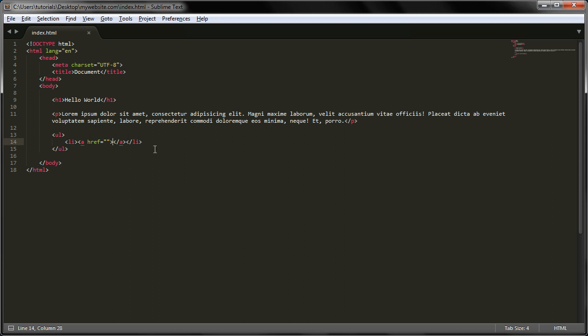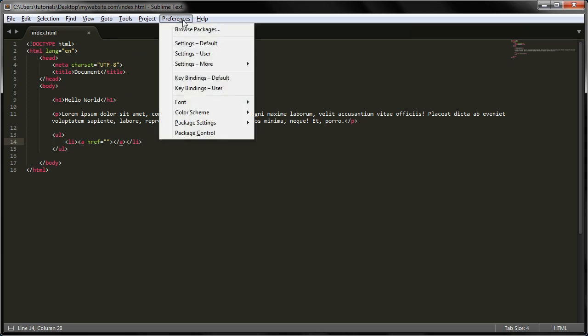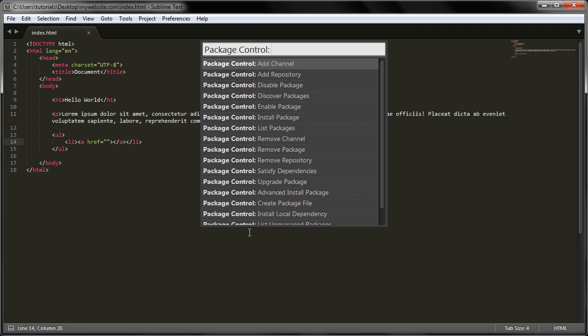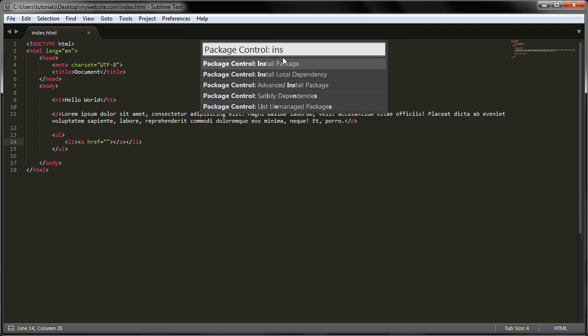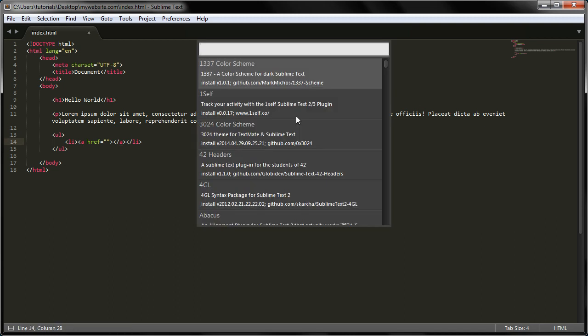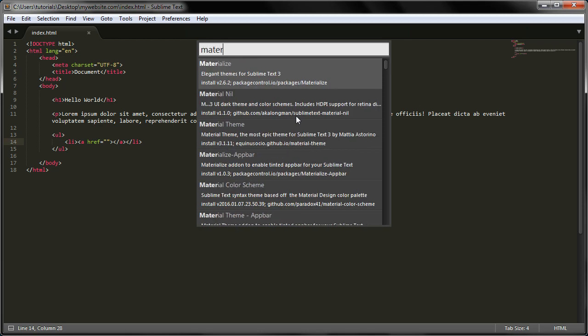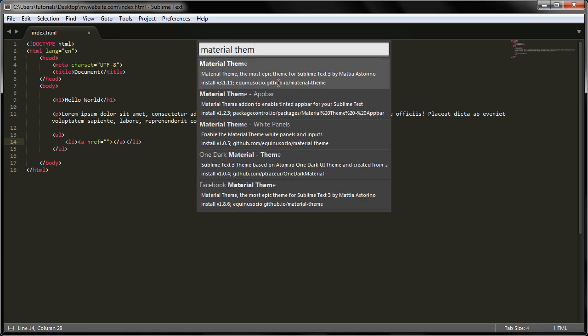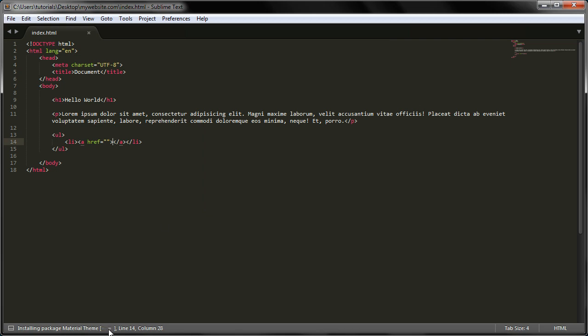Now I'm just going to install the material theme, which is going to make this look a lot nicer. To do that I need to go over to preferences and package control, and then I need to install a package, and then I need to type in the material theme. Click on that, give it a few seconds to install. You can see the progress on the bottom left, and when that's done it will come up with a confirmation screen where we can take the code to apply this. So if we just give that a moment,